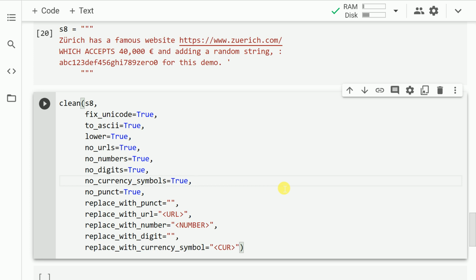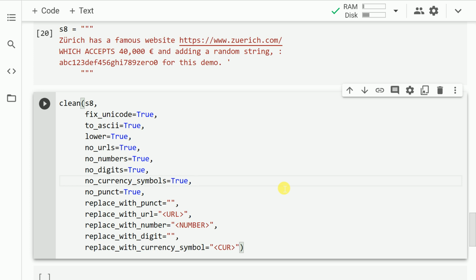And yeah, that is all that I want to do. So ideally, if I have a pandas data frame with a particular column where I want to run all of these executions, then the only thing that I have to do is call the clean function on the entire column, and the entire column would be cleaned based on the requirements that I have. So let me go forward and run this cell to show you the final output of the entire activity.